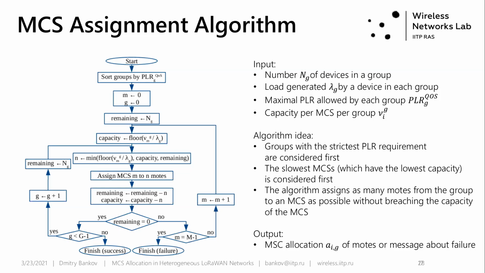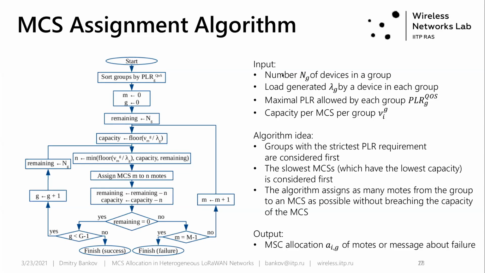So we start with such devices, and we start with the slowest modulation encoding schemes. Slowest modulation encoding schemes have the lowest capacity because frame durations at these MCSs are the longest. So we start at the slowest MCSs and with the strictest PLR requirements, and we start assigning devices